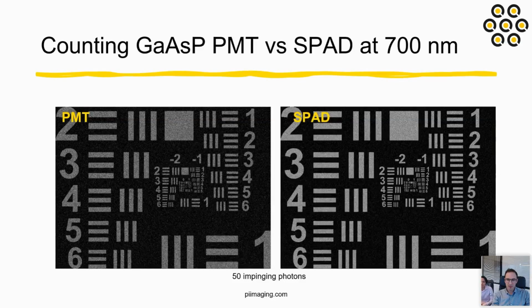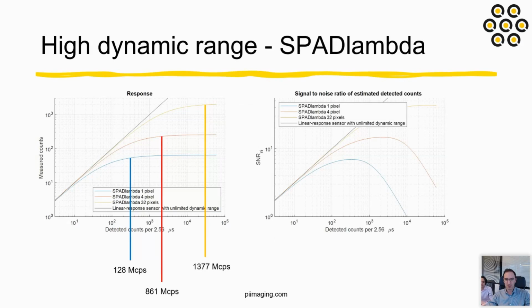So the increased signal-to-noise ratio comes in conjunction with a really high dynamic range. On this slide, we are focusing on the response of the SPAD on the left-hand side and the signal-to-noise ratio at the same light conditions. And you can see what the pixelation or the pixel parallelization does to the dynamic range. For example, our detector here, SPAD lambda, which is the linear detector, can, in a single pixel arrangement, operate all the way to 130 megacounts per second illumination. And then if you apply pixel grouping, it goes all the way up to 1 gigacount per second, as I indicate here with the